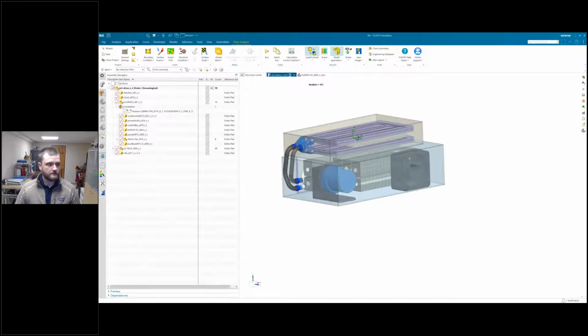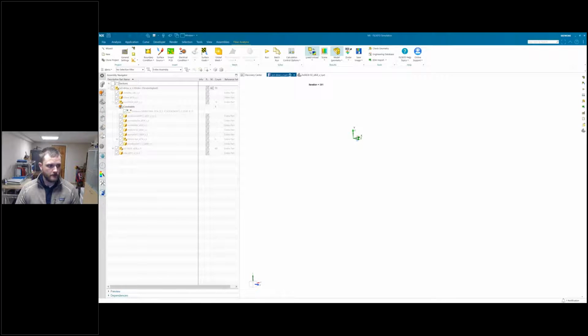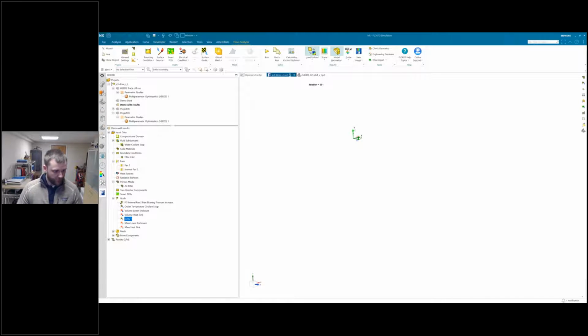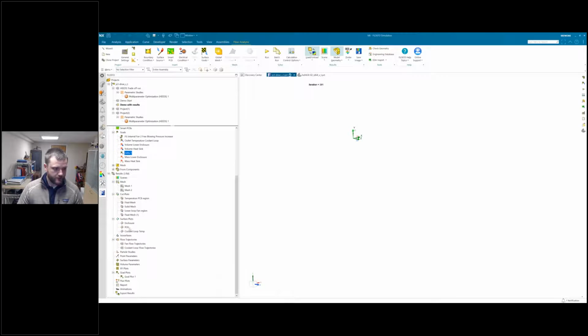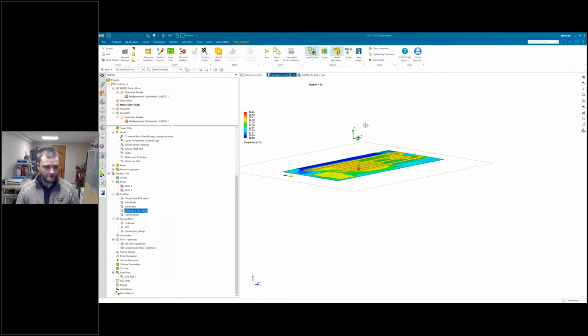So I'll just hide my geometry again here, go back to FlowEFD, and look at our results. We can define a lot of results here that are standard CFD results. We can look at cut plots, which are essentially a cross section through the model. In this case, we'll look at a cross section of temperature for the fluid as well as the solid.